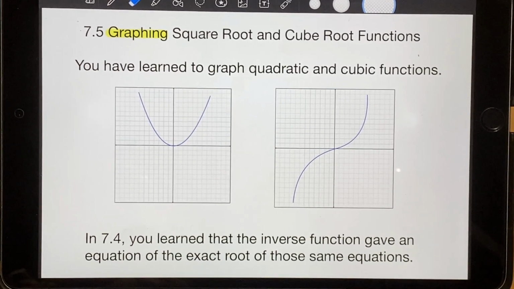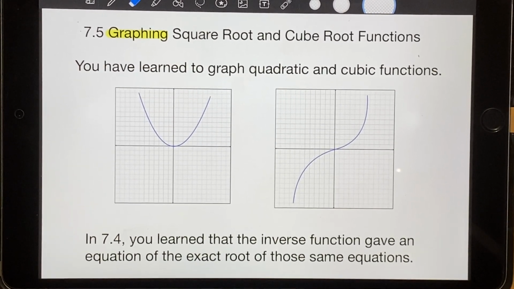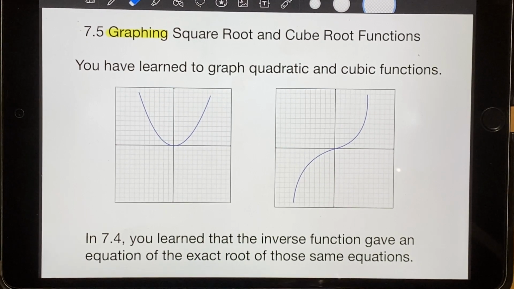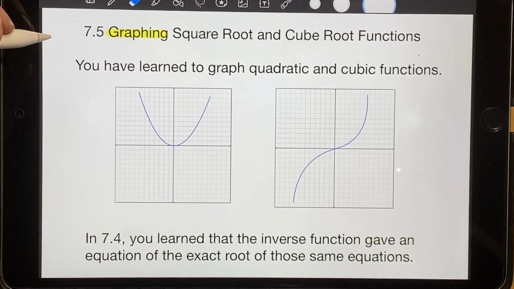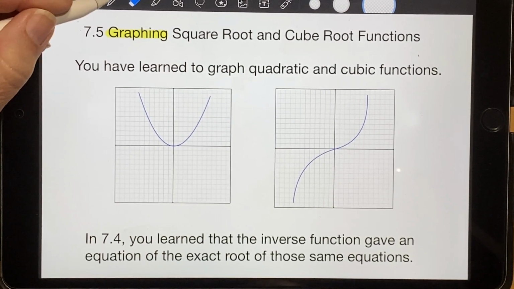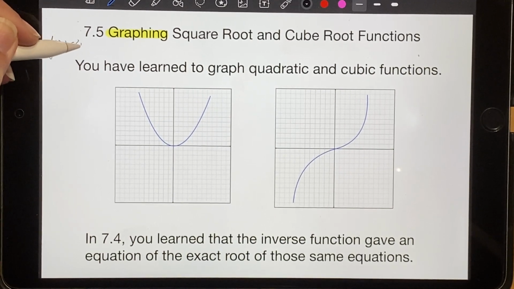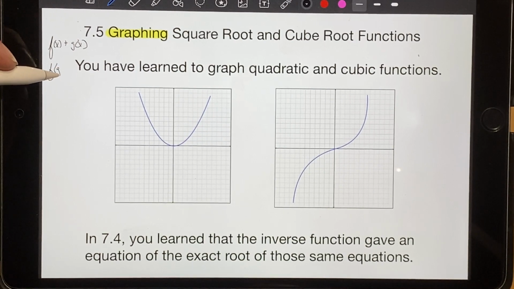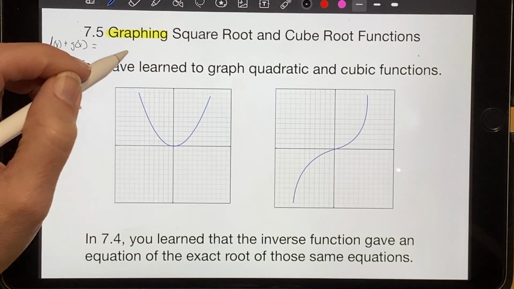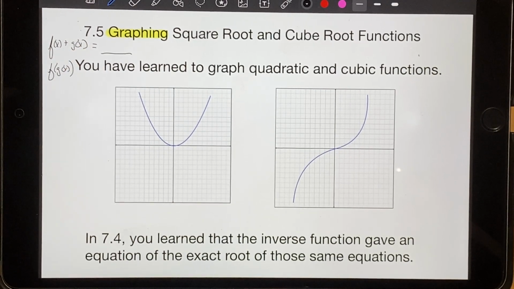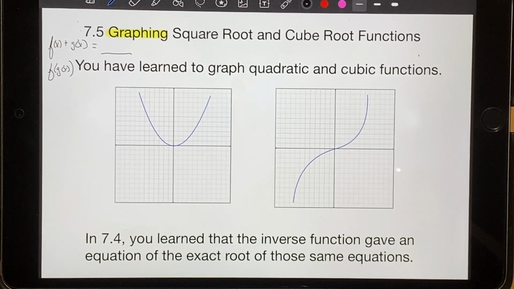As we move forward from our lesson 7.3, where we were learning how to combine functions with addition, subtraction, multiplication, division, and also composite functions. As we combined all of them, whether it was an f of x plus a g of x or some sort of combination, what we got with all of that was some new function. And so as we either start with our original function or our new function, we need to be able to